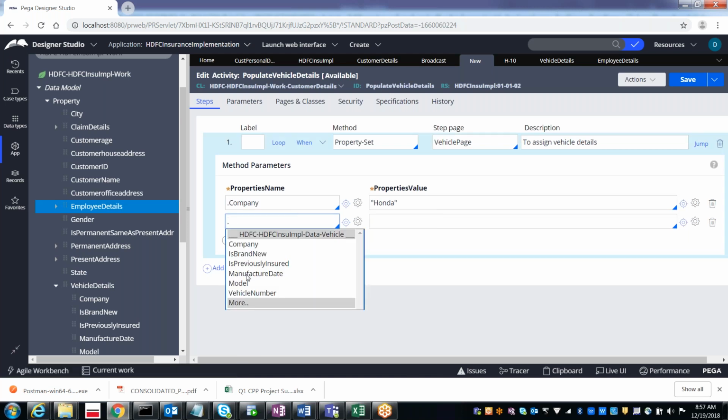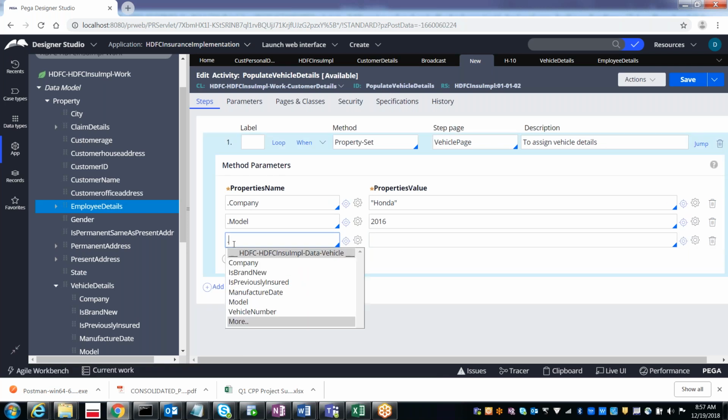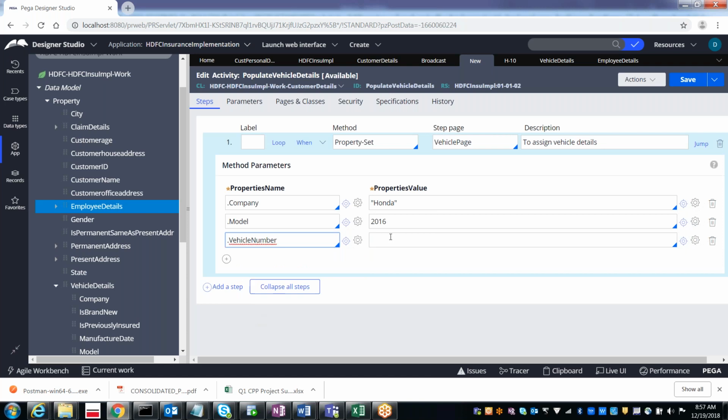Okay, so model dot, okay, vehicle number, like this. Now save this activity.